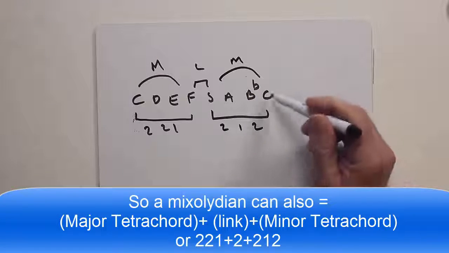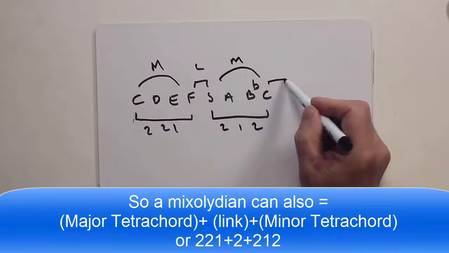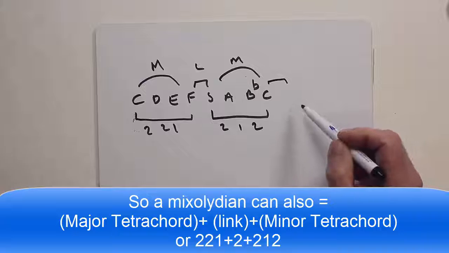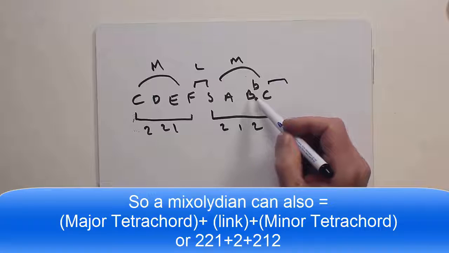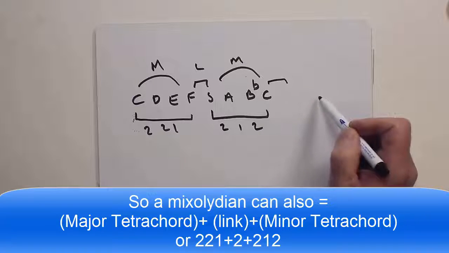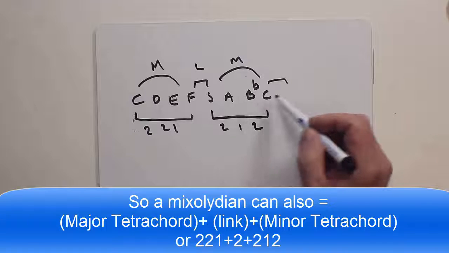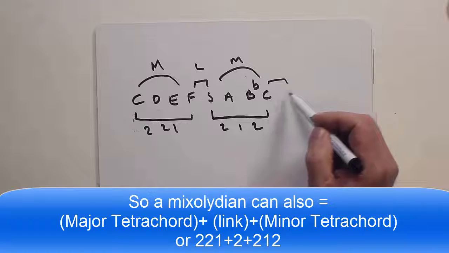So now, because you've got this link in the middle, we can put another link here, can't we? We can go somewhere else. So that could go to another type of chord. So if you've got a minor there, you could go to Dorian. You could make a Dorian scale the next one,